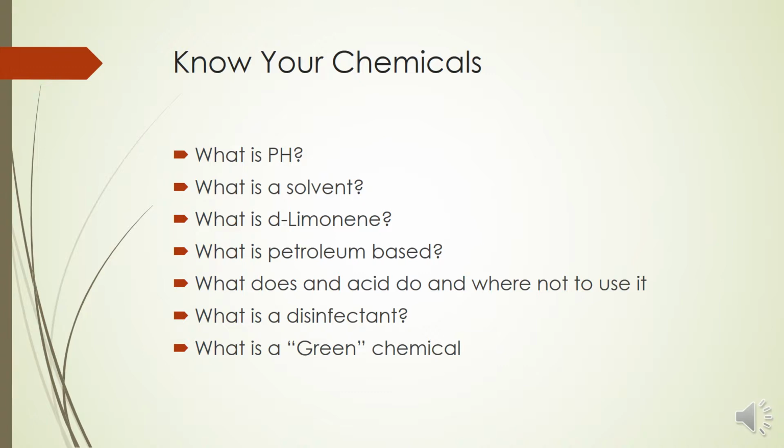Have you ever heard of a pH scale? Well, again, this is a good place to go to Google and find out what exactly the pH scale is. I can tell you that at one end, you've got things that are more acidic: orange juice, vinegar, some of the toilet acids we use. They are very low on the scale, 2, 3, 4 on the pH scale. pH neutral is 7, which means it's perfectly safe and good to use on our floors and our carpets and different things like that. Those with a higher alkaline content,